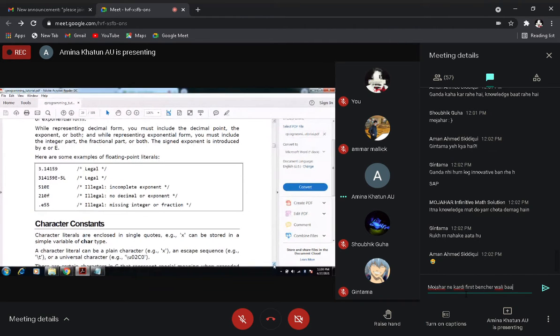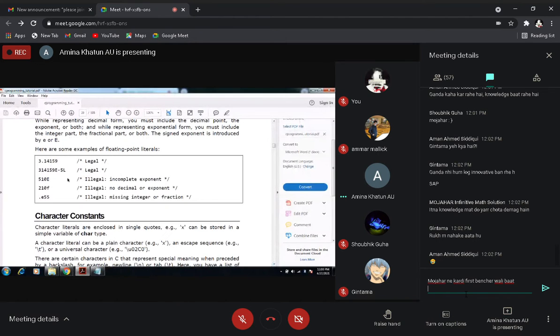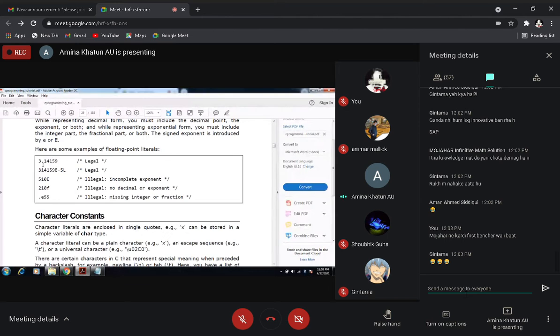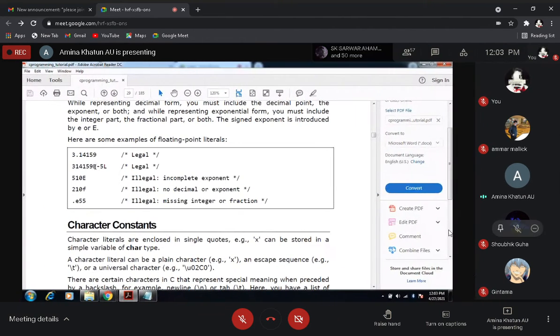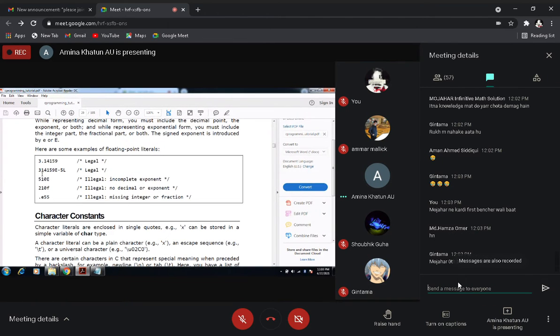So here you can see 3.14159. This is legal, a floating point number. E is for exponent; you can use it for a signed exponent, and you can use small e or capital E. So 510E, with a capital E, is invalid. Why?